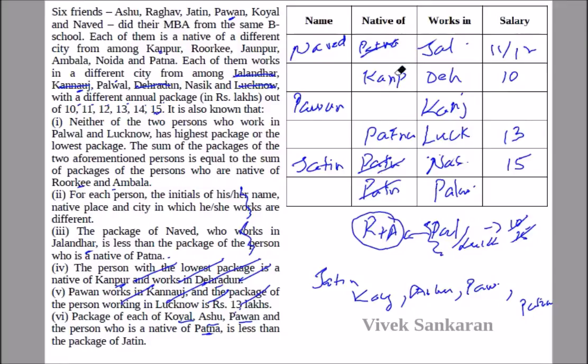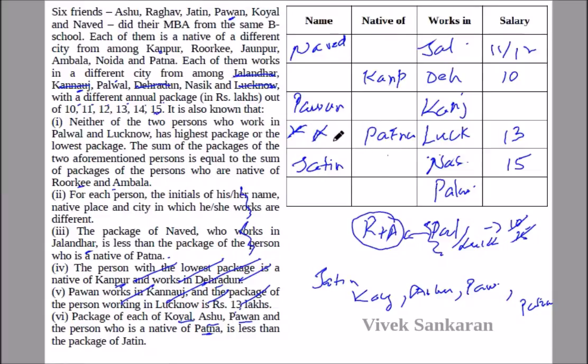Okay, so let me erase these parts. I've used up this. I've used up this. I've used up this. Now, to use this part more, we are talking about 3 additional people and the Patna guy. So these 3 people also cannot be from Patna. So K cannot be from Patna, A cannot be from Patna, and P, Pavan, is already not from Patna, so that is there.